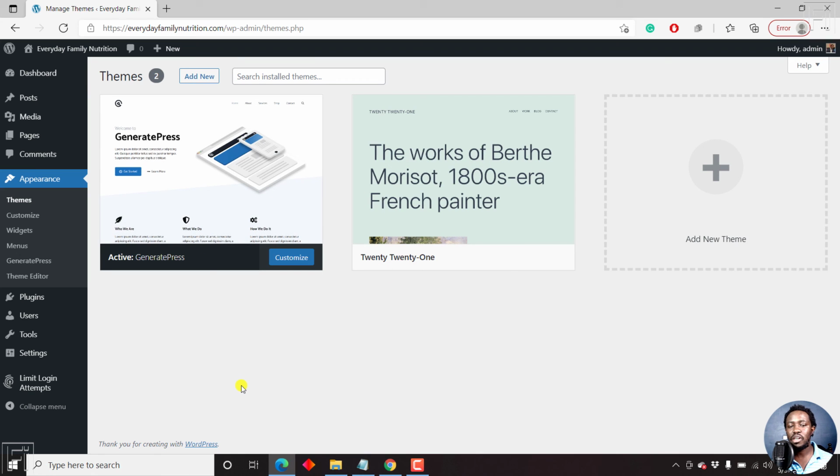So we can easily reduce any security issues that we might run into or that may be compromising our WordPress website. So that is how to delete our